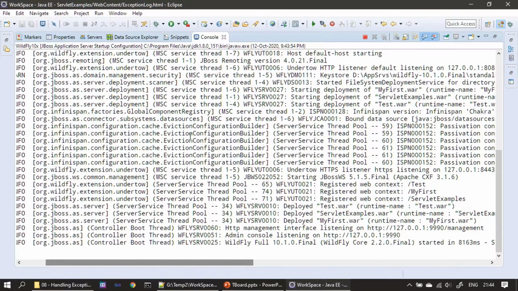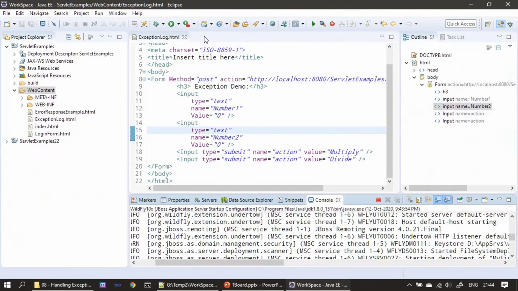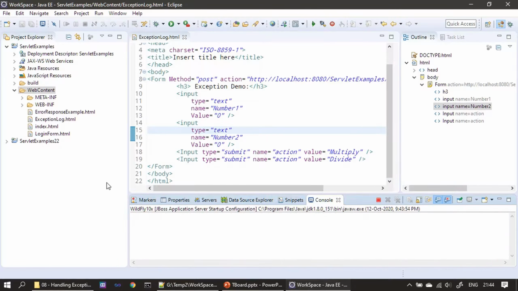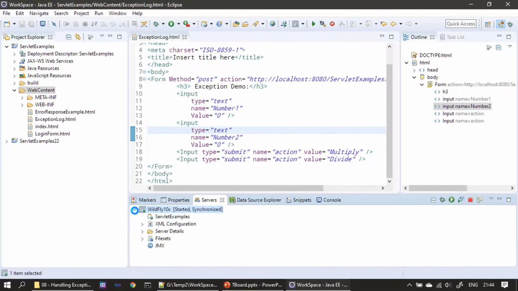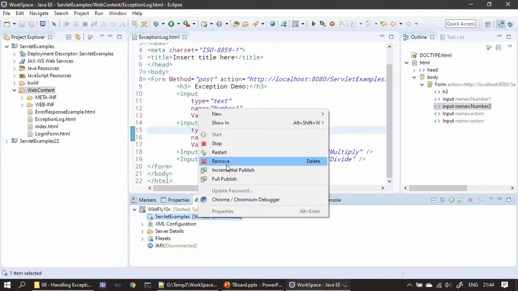So you can see WildFly is started. So our servlet example, this web project, is also already in the started state. So if we are running this example for the first time,